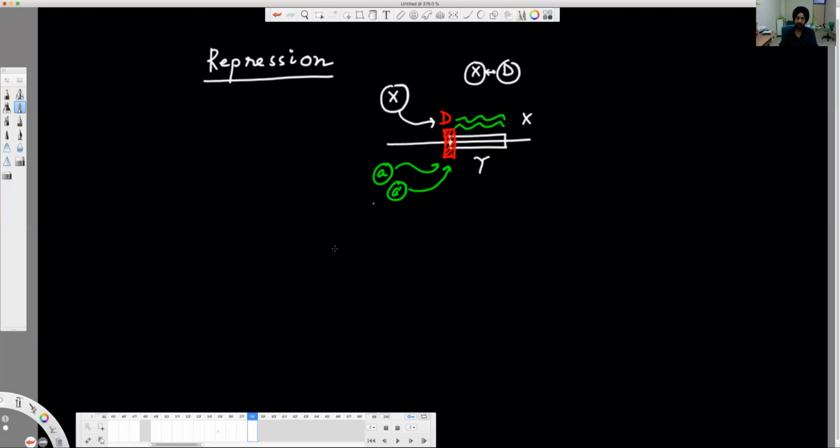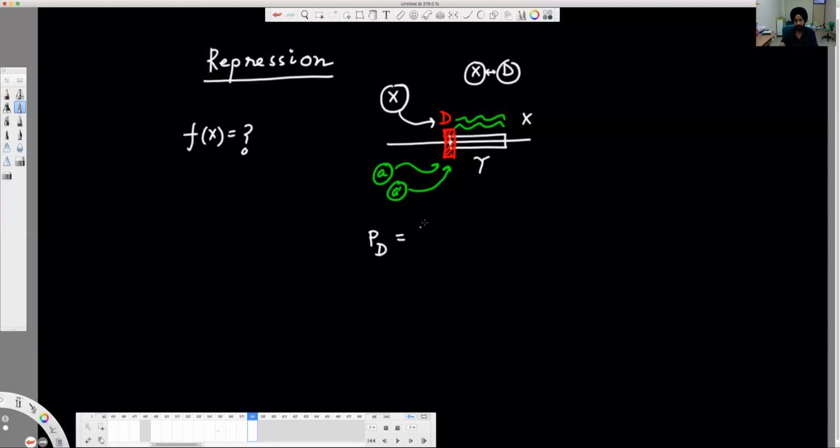Okay, so we can actually get f of X. So remember, our objective is to get f of X. Now the transcription of Y gene will depend upon how often the D site, DNA site, is free. It is not bound by the X. Okay, so we need to find a probability. So here is the thing. We need to find a probability. If I can find a probability that D is free, which means that it is not bound by X, right? Then I can find out the f of X basically.